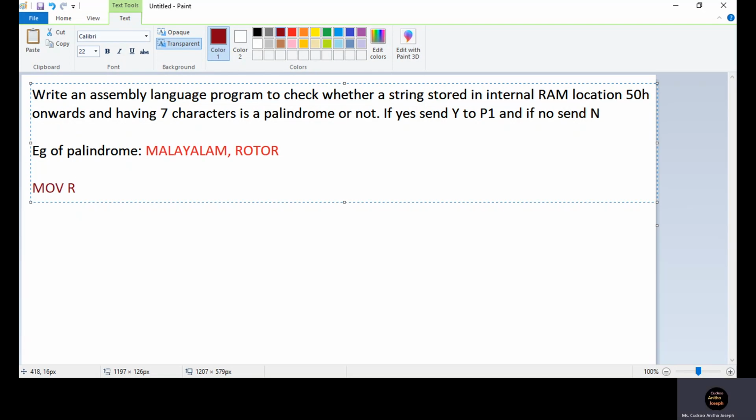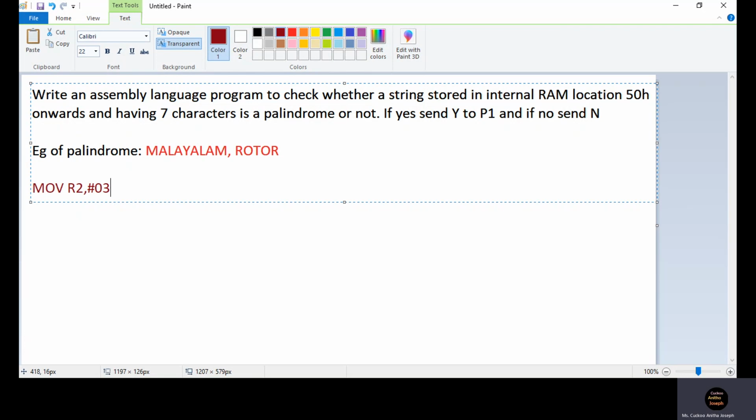MOV R2, #03. 03 is the number of comparisons that has to be performed to determine whether the string is a palindrome or not, since our string contains 7 characters. Please note that I have not used H in the immediate value because count is always given in decimal. We are also going to use the decimal form.